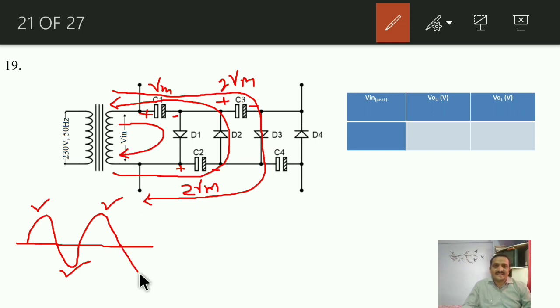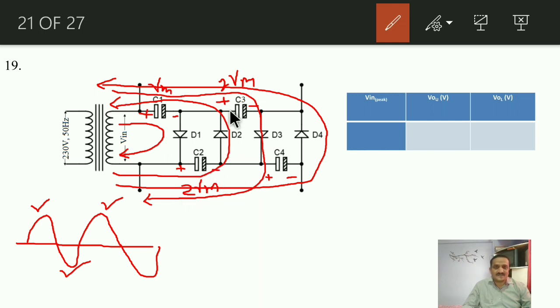Now during the second negative half cycle, again diode D2 will not conduct because its cathode terminal is at plus twice Vm potential, so it will remain reverse bias, and therefore the current will now divert through diode D4 like this, right? And capacitor C4 again will get charged up with the maximum available potential in that path, and the maximum available is twice Vm only right now, because this capacitor is also at plus twice Vm, this one is also at plus twice Vm, so the energy stored by this C4 will again be twice of Vm, right?